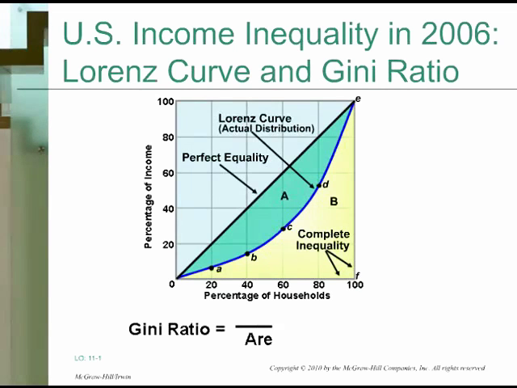Gini ratio measures exactly that. How far is actual distribution from perfect equality? It can be computed as the ratio of area A between the 45-degree line and the Lorenz curve to the sum of areas A and B, or the area below the 45-degree line. As an extreme, complete inequality will be at the point when a small percentage of households gets 100% of total